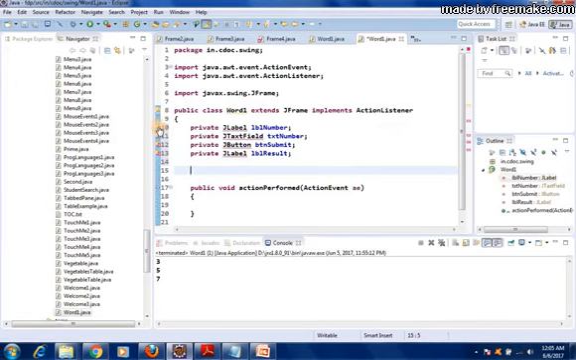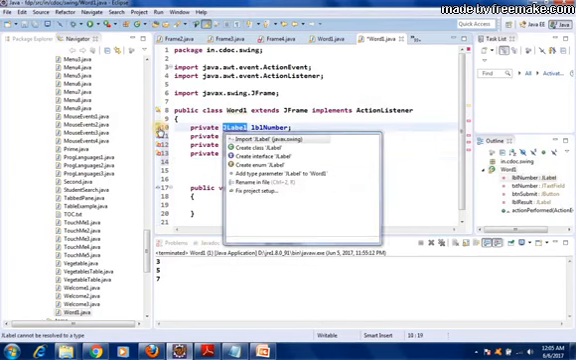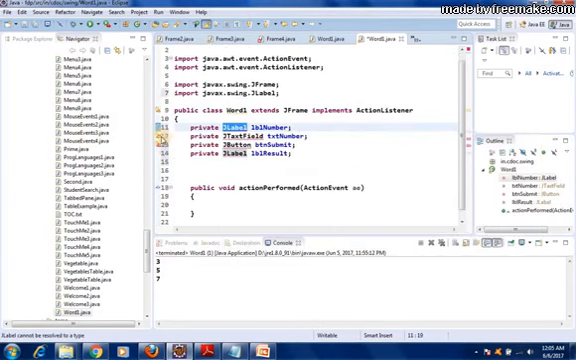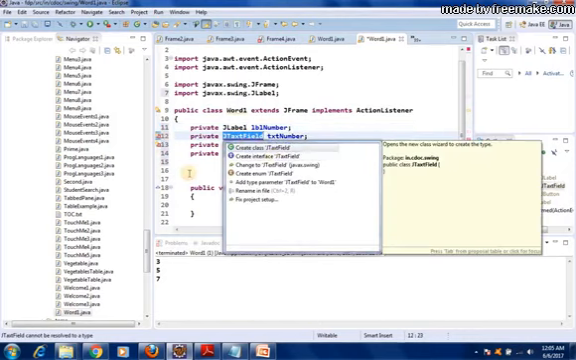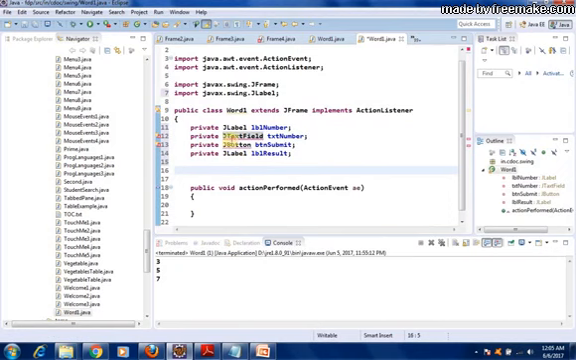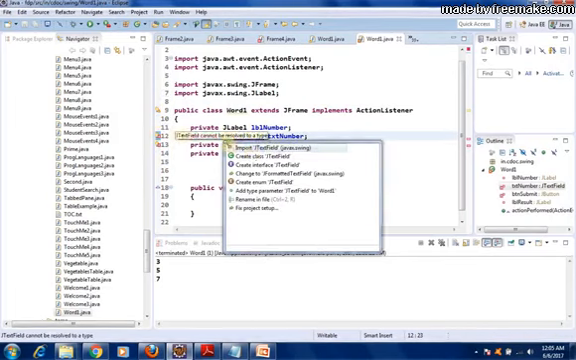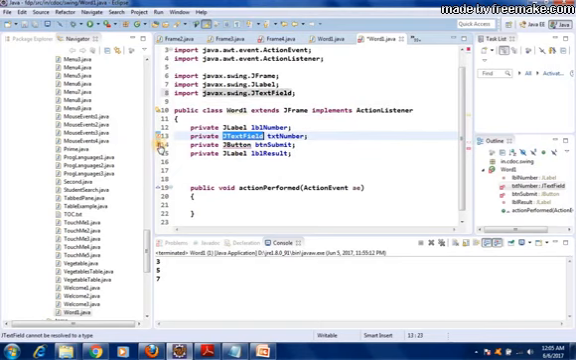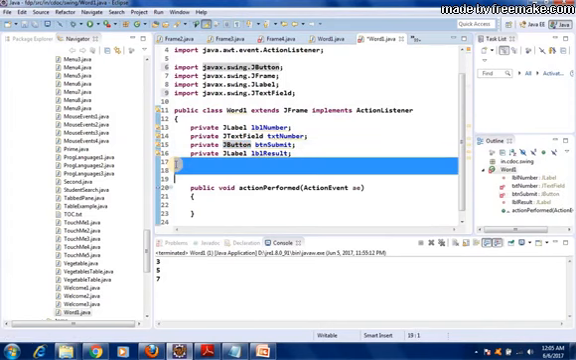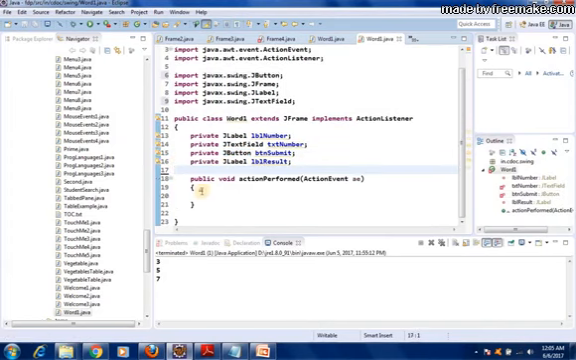So let us import these components one by one. So JLabel. So import javax.swing.JLabel, import JTextField, import JButton. Okay. So we have just declared these variables, but we have not yet created the objects, the instances of these